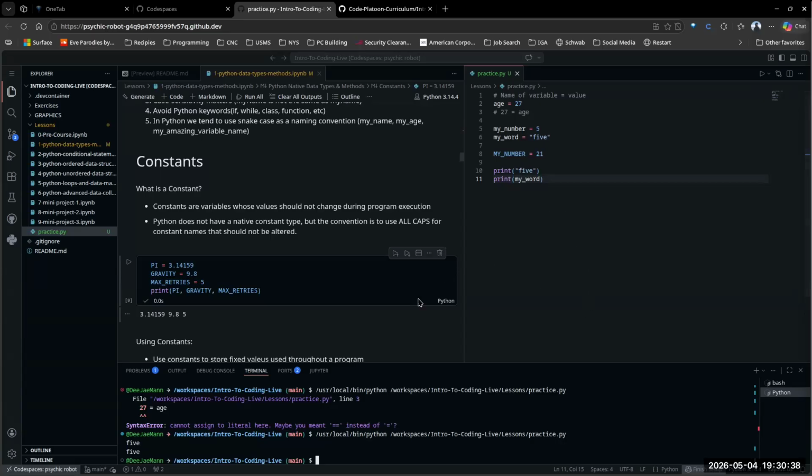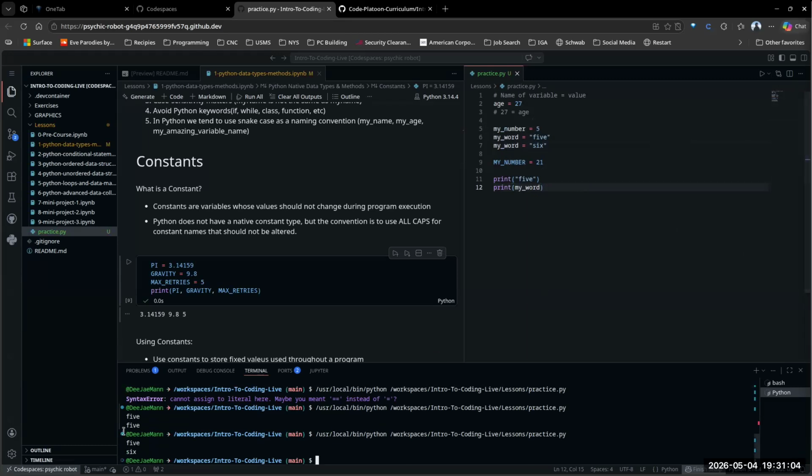Any questions now? Any questions over variables, constants, etc.? One of the things when I was talking about changing it is, I first set this variable to 5 and then I changed it to 6. And then you see down here, we